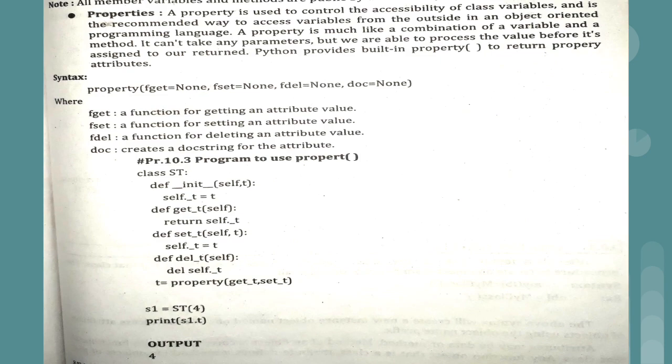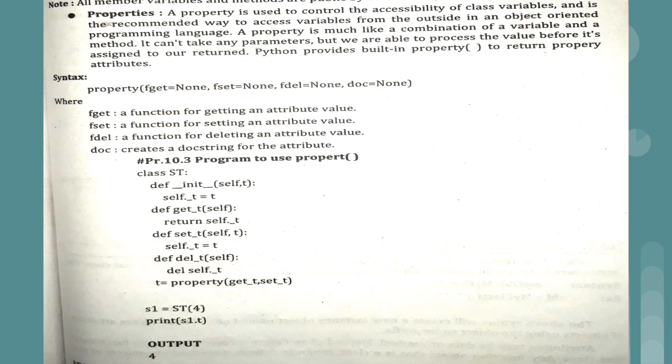So now we want to assign the local variable value to the global one, and this is the reason why we have used self._t = t, because as you all know, in Python we don't need to declare any variable with its data type. So this is the reason why we have not declared self._t. We cannot write only the name of the variable. After that there should be some calculation, or we should use the self._t variable inside the print statement. Only you cannot write self._t. So in a constructor, the st class constructor, we are using self._t = t.